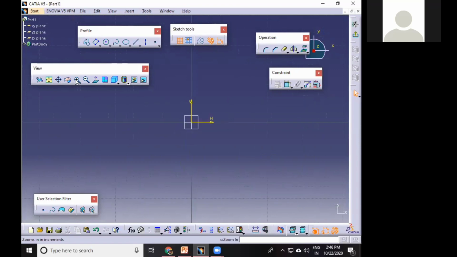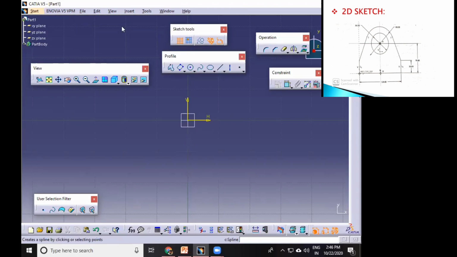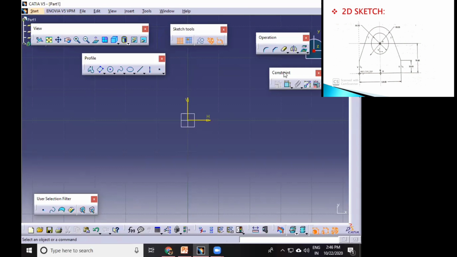Okay, this is the zoom in and zoom out operation. This is the normal view. Okay, this shows you a normal view of your diagram. Then this is the profile toolbar. This will be very useful to draw your diagram.